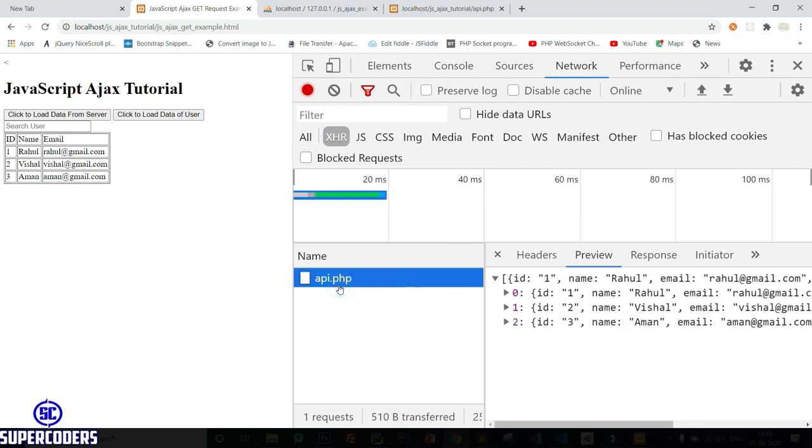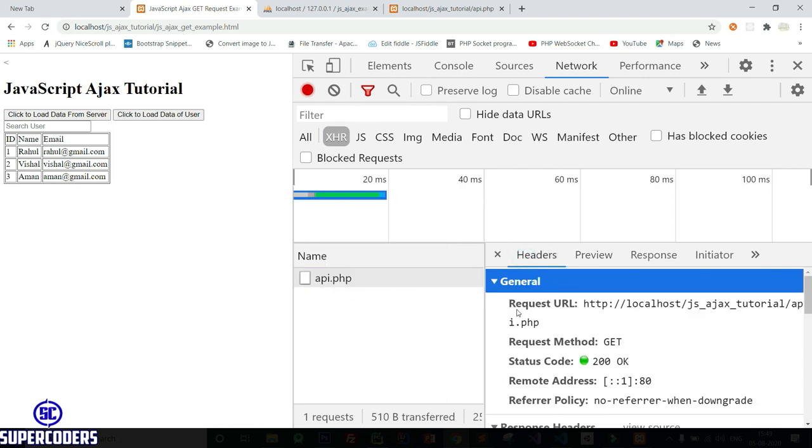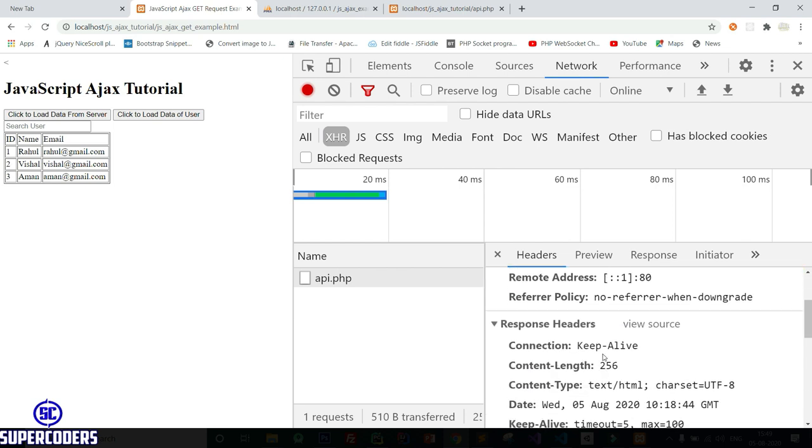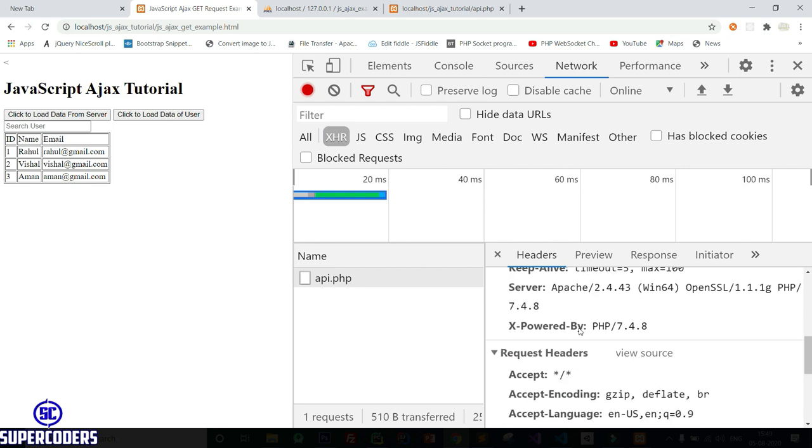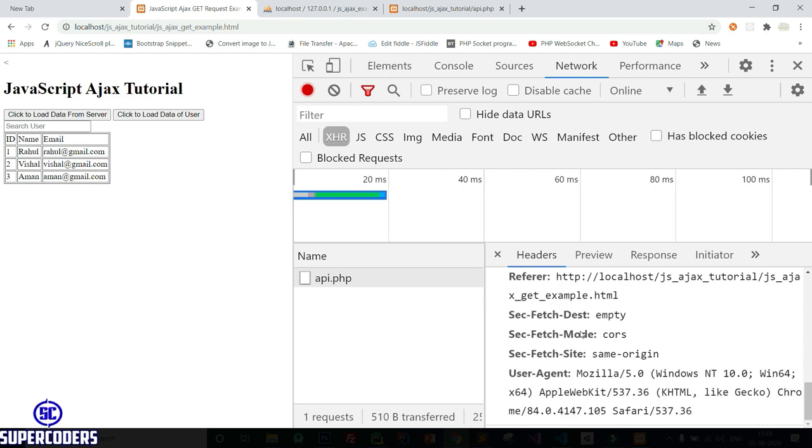If I click on this, you can see first is the header, which is the request, where the URL is calling, method, status code, IP address. Also in the response header there are lots of things you can use. You can see it also shows the user agent, which browser I am using.